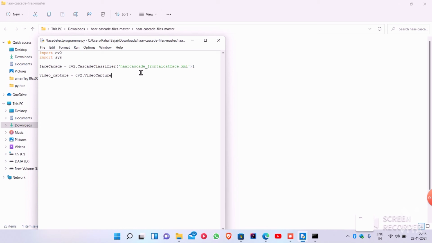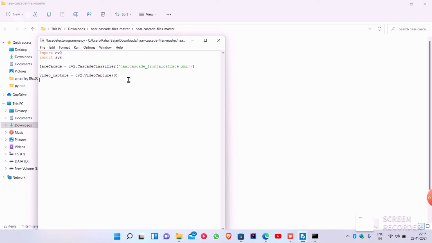Here this function cv2.VideoCapture captures the video from our laptop camera. 0 is for laptop camera and 1 for external camera, or if there are 2 or 3 cameras, 1, 2 respectively. Inside this we can also pass a pre-recorded mp4 file in single quotes, and it will process the pre-recorded mp4 file.